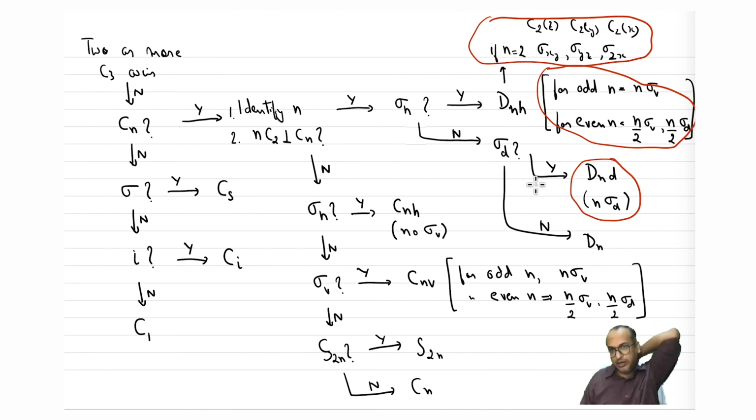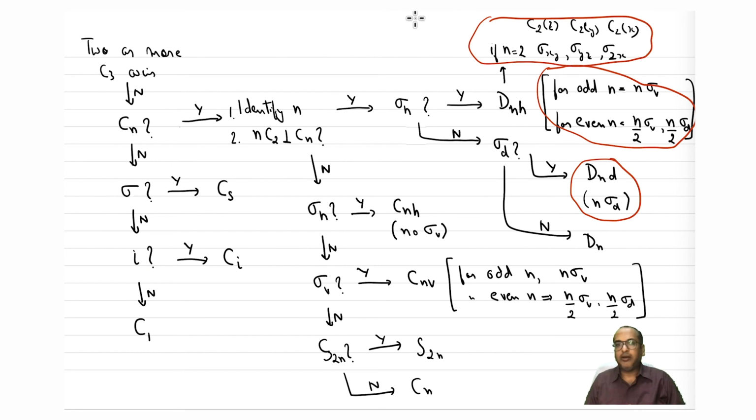And then you have dihedral point groups over here. So we have tried to channelize, by asking different questions, into different streams or different categories of point groups. So now if you notice, it really does not matter whether you are asking whether it's a sigma v or sigma d, right? In any case, it will be all the sigma v's.